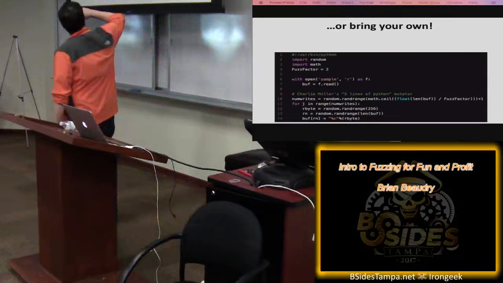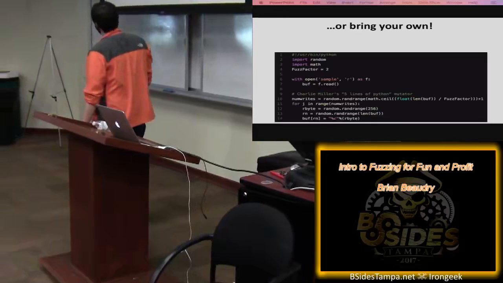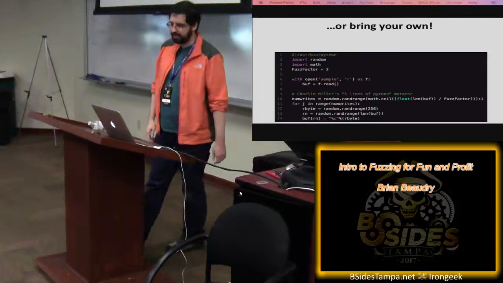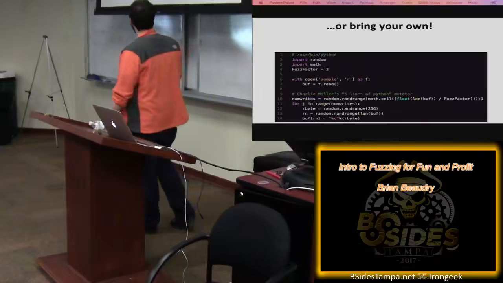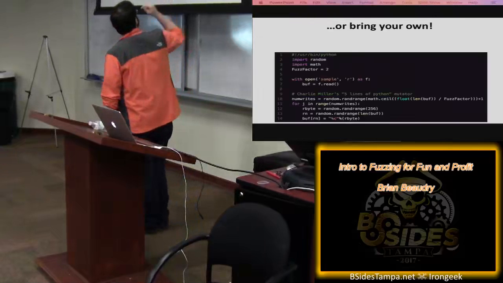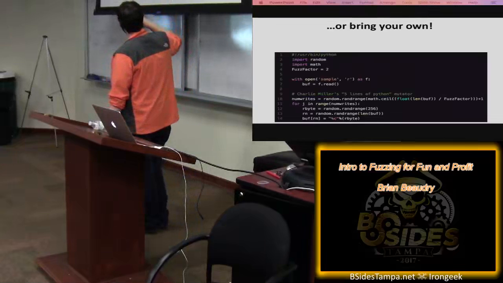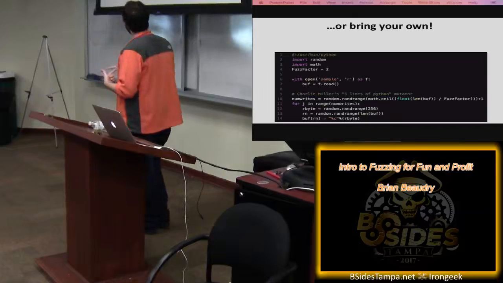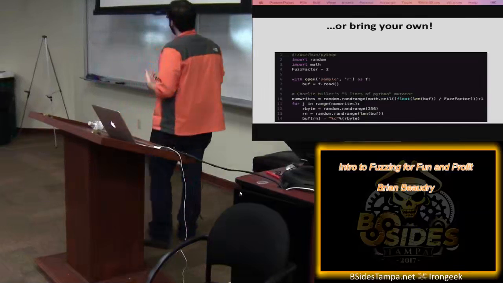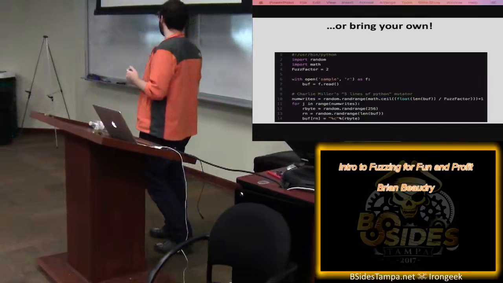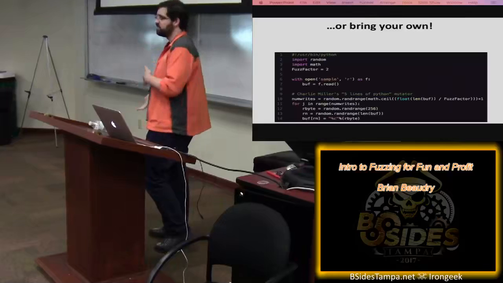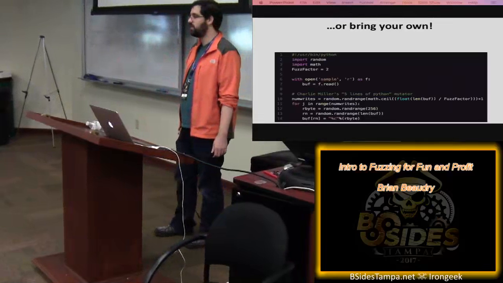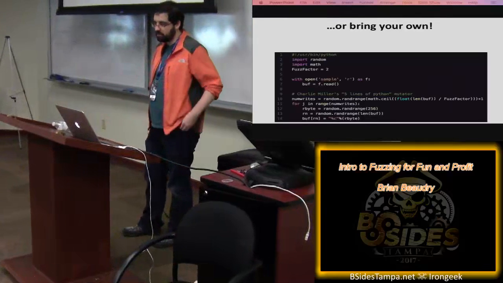So what I have here, this is hopefully not too difficult to see. On the bottom here, this is what's affectionately referred to as Charlie Miller's 5 lines of Python fuzzer. Charlie Miller, you may have heard of him. He had a talk back in 2010 where he illustrated this code. Basically, if you read it here, it's taking some random number, and then it's going to use that as the number of times it's going to do some sort of mutation inside the input buffer. Then it takes a random location in that input buffer, and just flips that byte to some other byte. So just randomly picking something and swapping it with something else, giving it to the application,